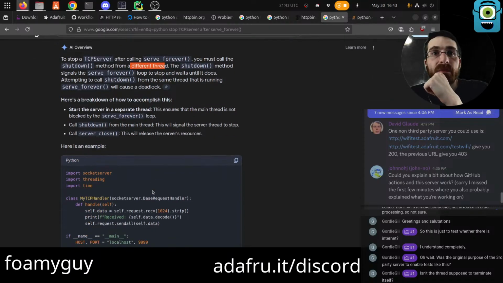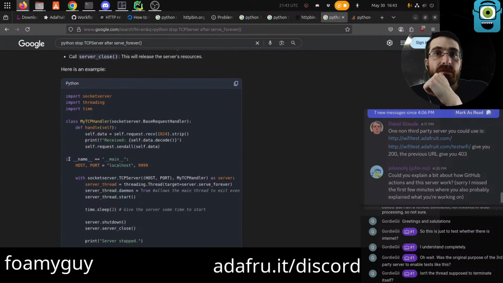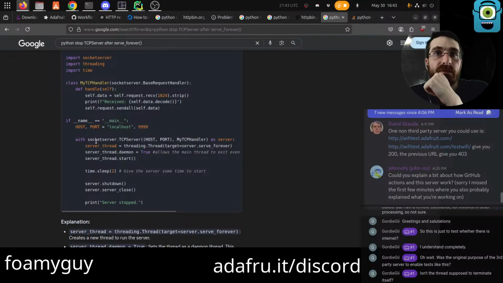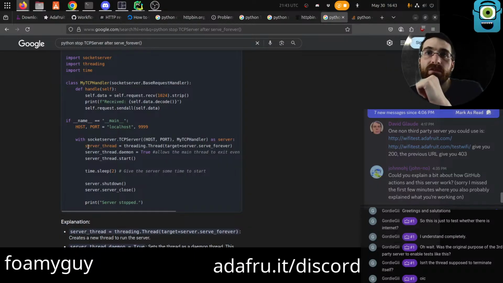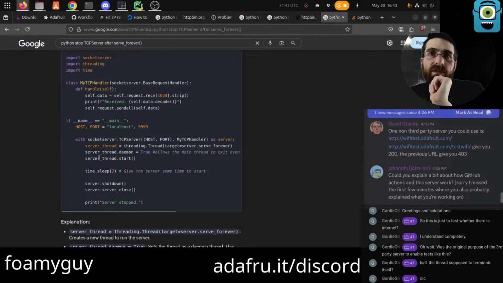That sounds pretty promising, actually. Okay, so this is doing a little bit different. It's going server thread. Daemon true allows the main thread to exit even if that thread's running. Server thread start, sleep, server shutdown, server closed, server stopped.